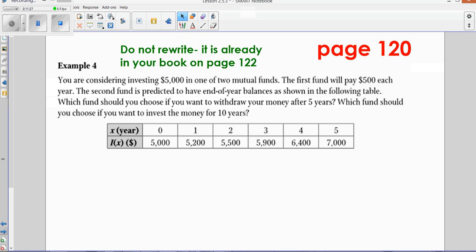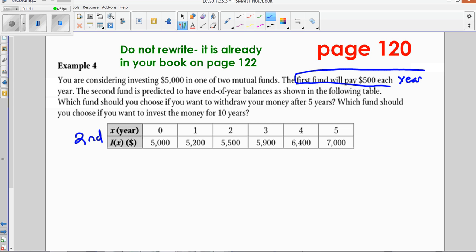Now, you're considering investing $5,000 in one of 2 mutual funds. The first fund will pay $500 each year. The second fund is predicted to have an end-of-year balance shown in the following table. So this is your second fund. The first fund, well, they kind of told us right here. It said the first fund will pay $500 each year. And really, I'll write that up here, year. So that is your first fund, so $500 each year, which we actually could write out as this function, 500x,